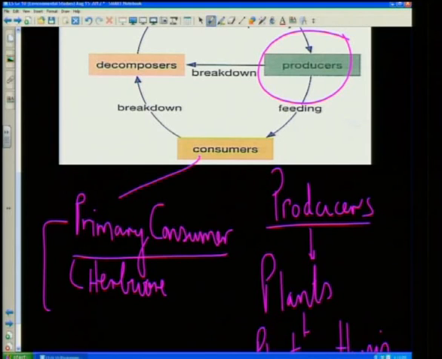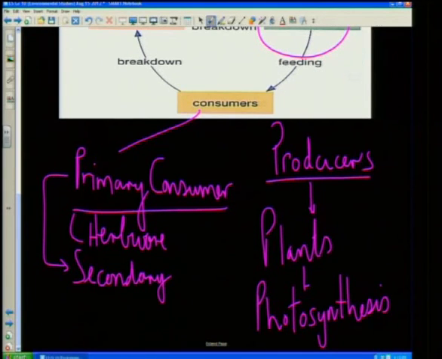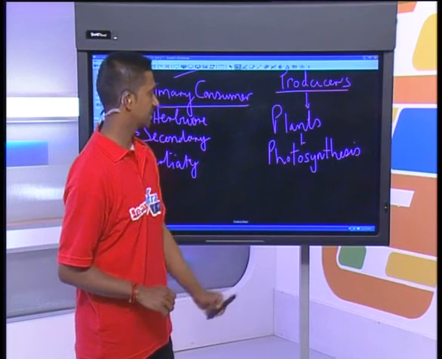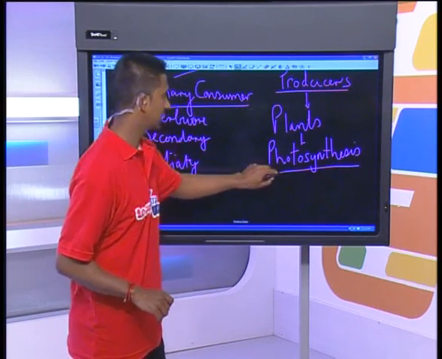Then you get your secondary consumers, and your tertiary consumers. Okay, so you have your producers, your plants that photosynthesize, and they produce the chemical energy that is then